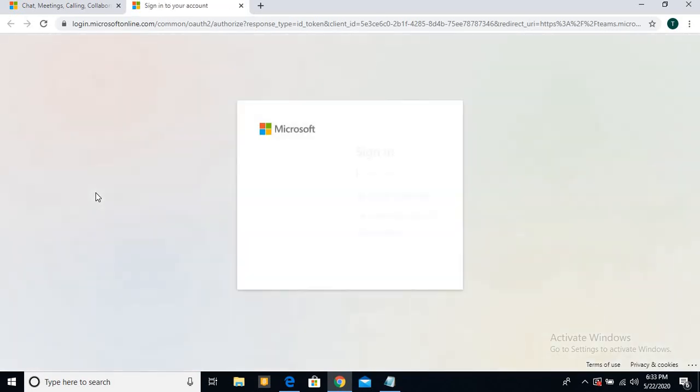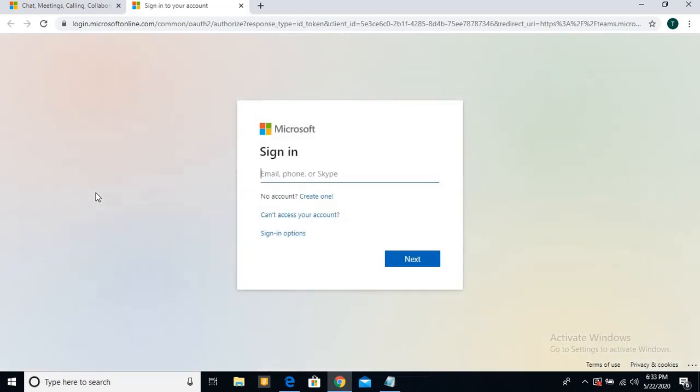But on the mobile end you already have the app there. Okay, so just install that app and open your Teams app, and in that you have to log in. For the login, whatever user ID and password is provided to you in your school email ID by the teacher or by the school, you have to fill in here only. Nobody is allowed to fill in a personal email ID and all that.